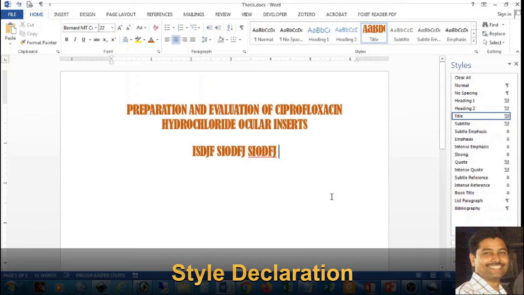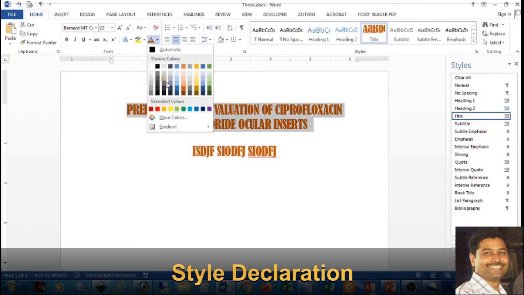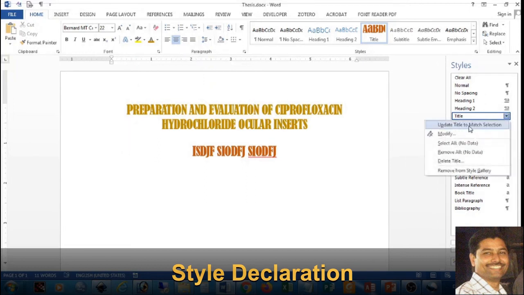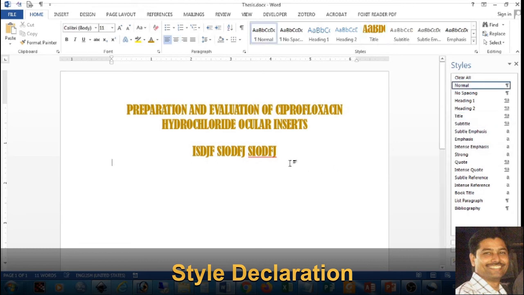Immediately it takes the new style. Again, if you change this in any font, put a click anywhere here, then press the button, update it. You see all the other lines are getting updated.